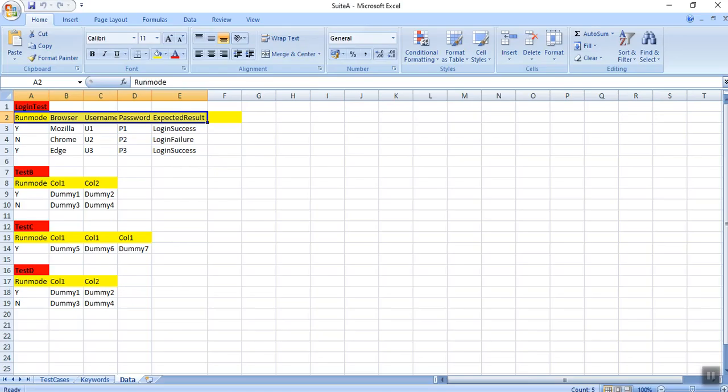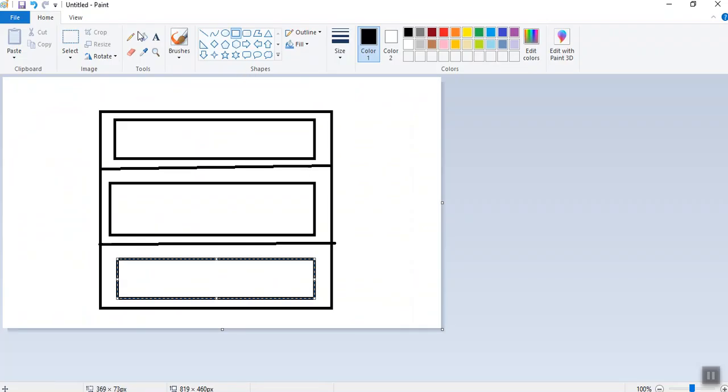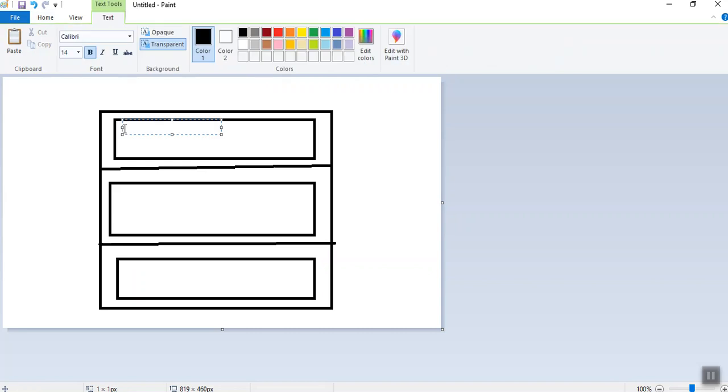Now what will happen? See, our first row will go here. Be with me. Our first row will go here: run mode is yes, browser is Mozilla.